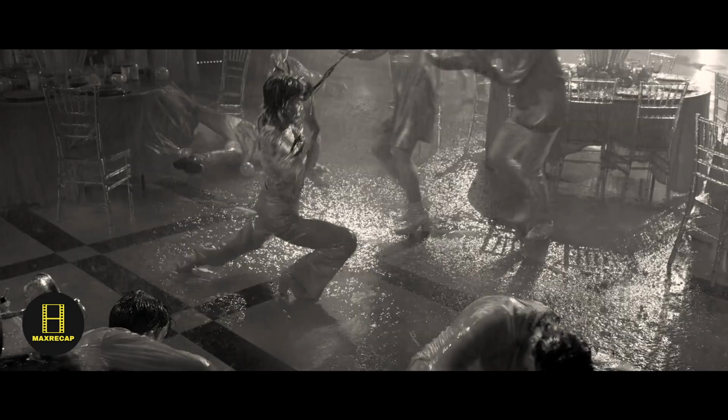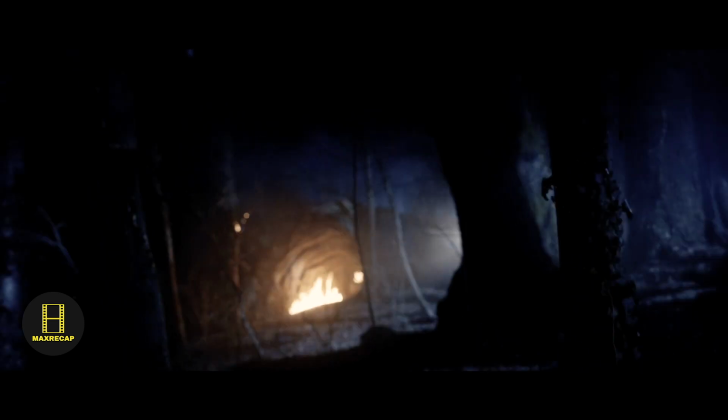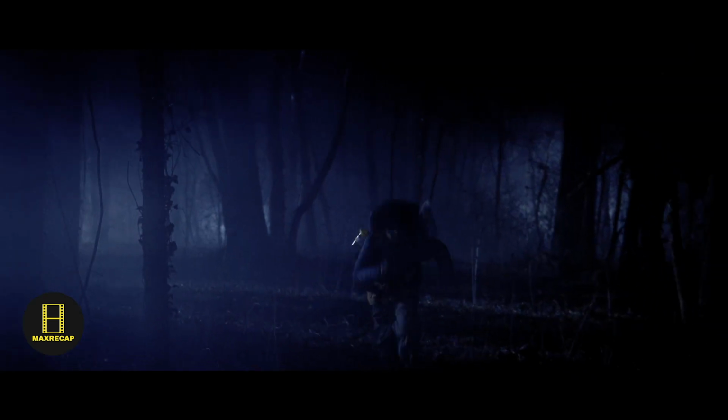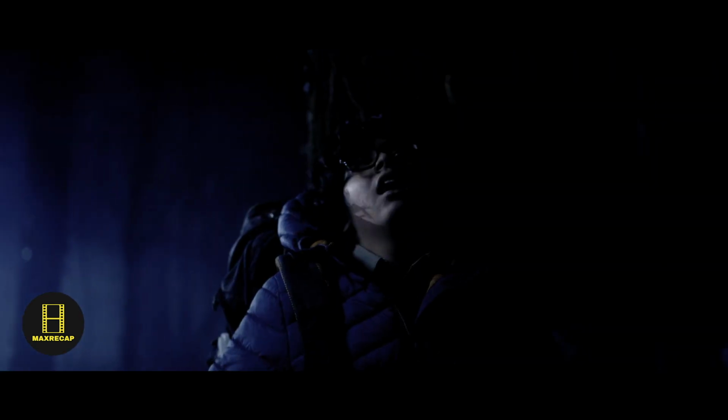In the midst of this commotion, Wednesday experiences another vision. This time, she witnesses Eugene in grave danger near the cave. She sees him confronted by a man who sets fire to the cave's contents in an attempt to destroy evidence. Eugene, realizing the danger, tries to escape, but the man gives chase. Just as Eugene seems to have evaded the man, the monster appears and attacks him, leaving him covered in blood